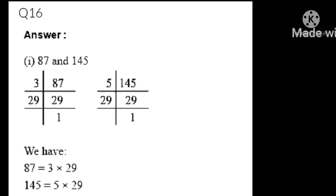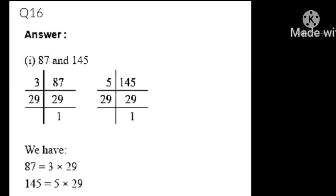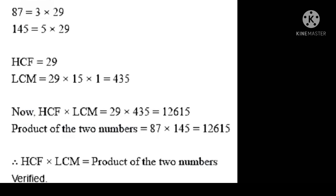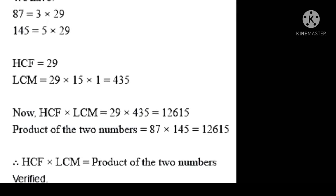So what we will do? First we will take out the prime factorization. We see that 87 is equal to 3 into 29 and 145 is equal to 5 into 29. So 29 is the common factor, so HCF is 29. And what will be the LCM? It will be the product of all the factors, so LCM is equal to 29 into 3 into 5, that